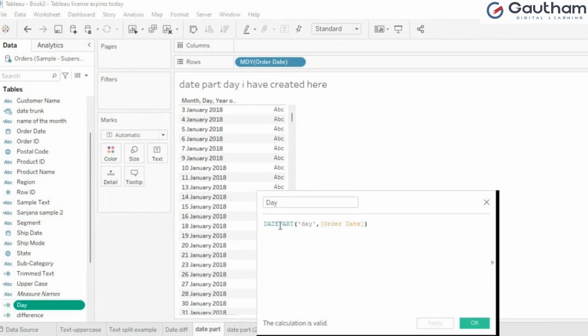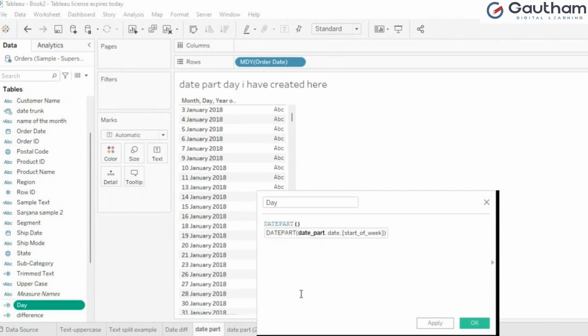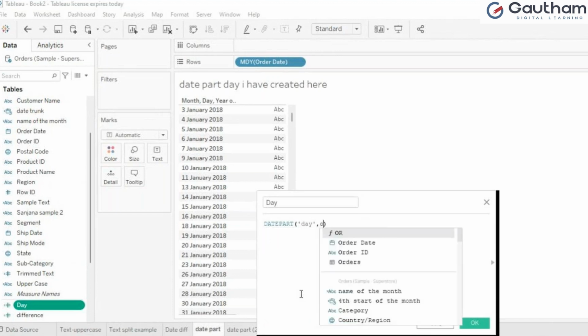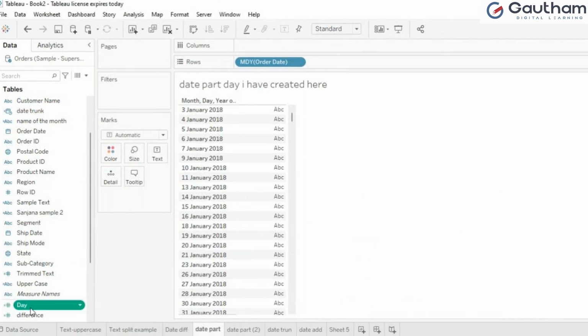What I have written over here is simply DATEPART. What I'm concentrating on here is date, and what is the field over here, order date. Just apply and okay. And I'm bringing this to the text. Let's see, 3rd January. See again,